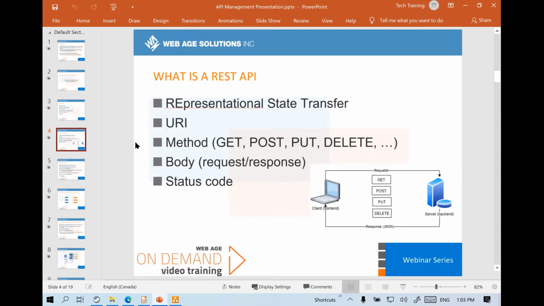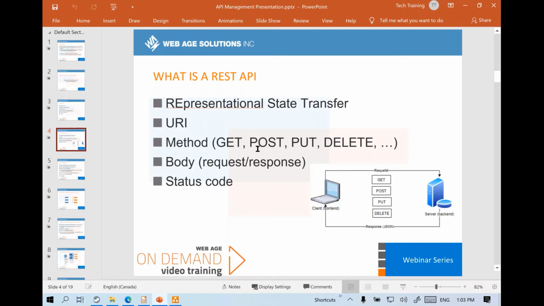Before we start off with what REST APIs are, please raise your hand. This way I can find out whether you're already using REST APIs. How many of you are already using REST APIs? Thank you, appreciate it. Some of you are already using REST APIs, and how many of you are using SOAP-based XML services? If you could please raise your hand again. Okay, so some of you are also using SOAP XML services.